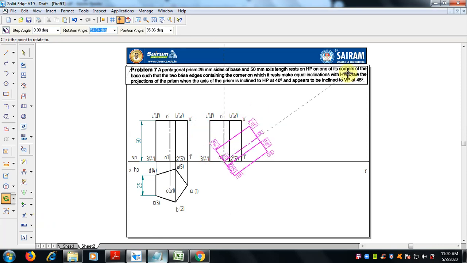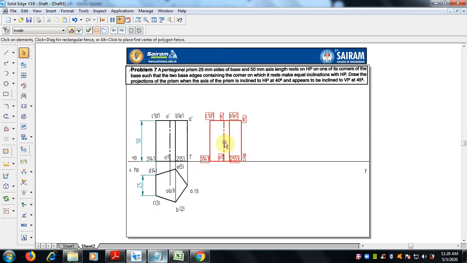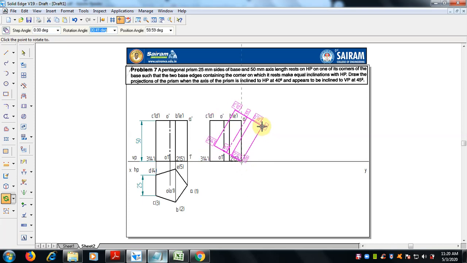The question given is that it is resting on one of the corners, and at the same time the axis should be inclined. So how to make it: this axis and this edge are parallel to each other, so we can rotate by selecting the edge of the corner, this edge A, and this can be rotated at the degree that is given.